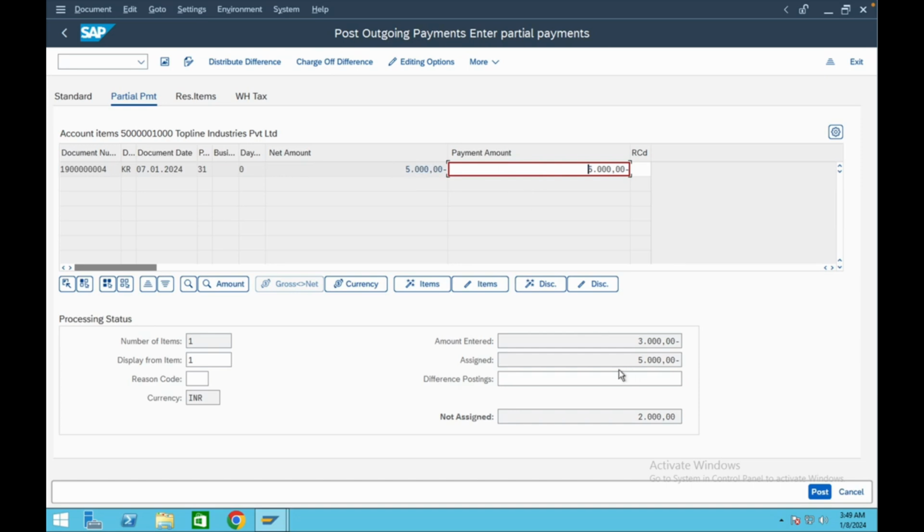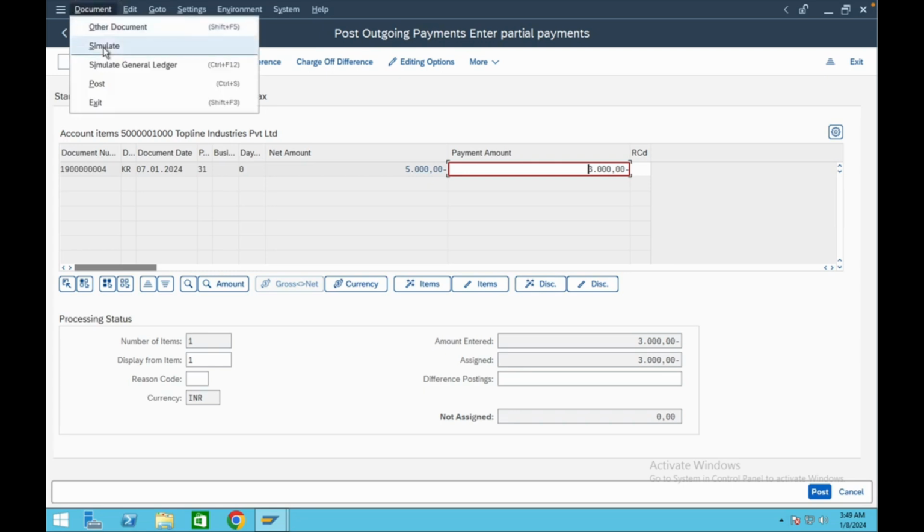selected. Still it is showing 2,000 rupees as a difference, which is the not assigned amount. If you double click on this white box which is highlighted in red, then automatically the entered amount and assigned amount will be assigned as 3,000 rupees, and the not assigned field will become 0. Once the not assigned field becomes 0, it means everything is green and you can post the invoice. So you can go to the document menu and click on simulate,